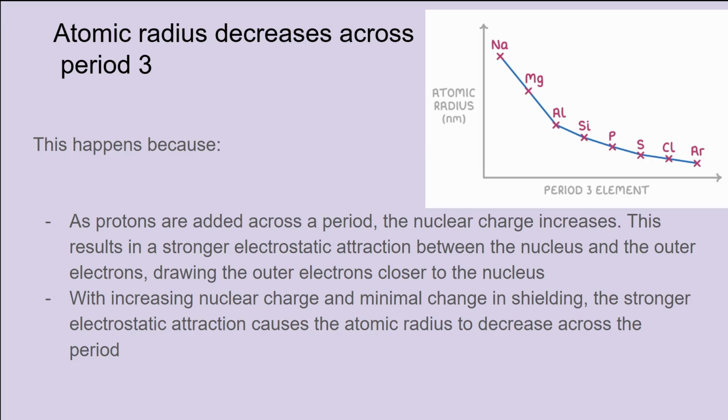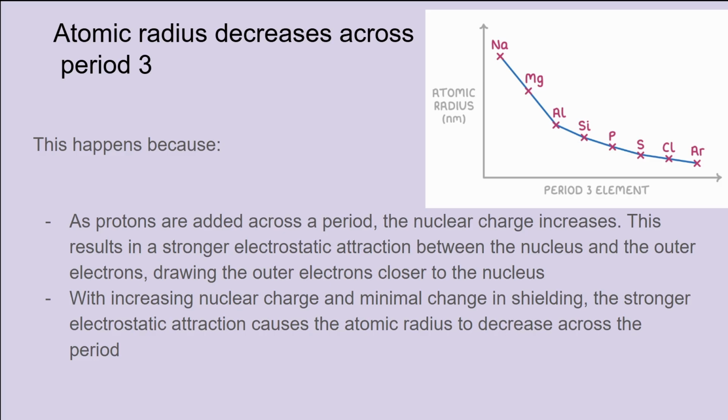And the atomic radius decreases across period 3, and this happens because as protons are added across a period, the nuclear charge increases. This results in stronger electrostatic attraction between the nucleus and the outer electrons, which draws the outer electrons closer to the nucleus. And with increasing nuclear charge and minimal change in shielding, the stronger electrostatic attraction causes the atomic radius to decrease